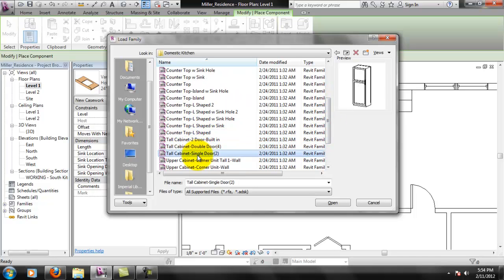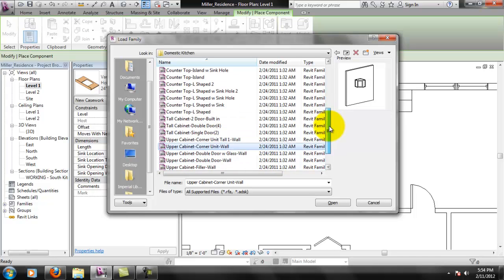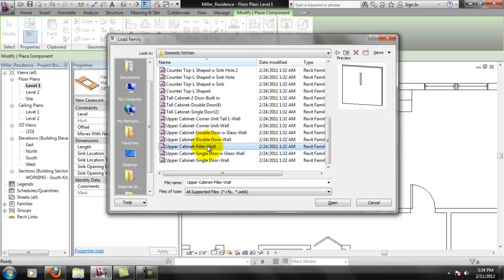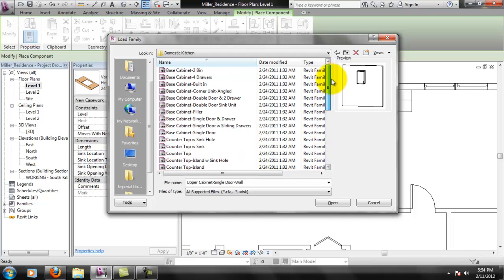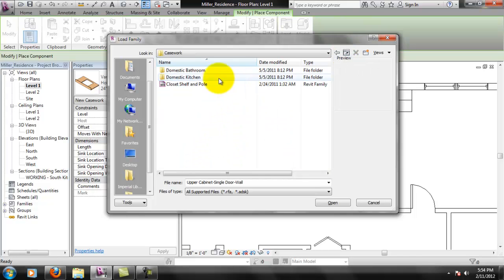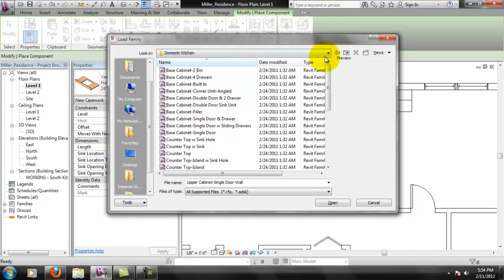So there are things in here that you can use, and these can be modified slightly here and there. Or you could open up the family and save it as a custom family and modify it yourself if you wanted to. That's always a possibility. If you know you're going to be making a lot of custom cabinets, it would probably be a good idea to create your own family type and such. So for the kitchen, or I'm sorry, the bathroom,